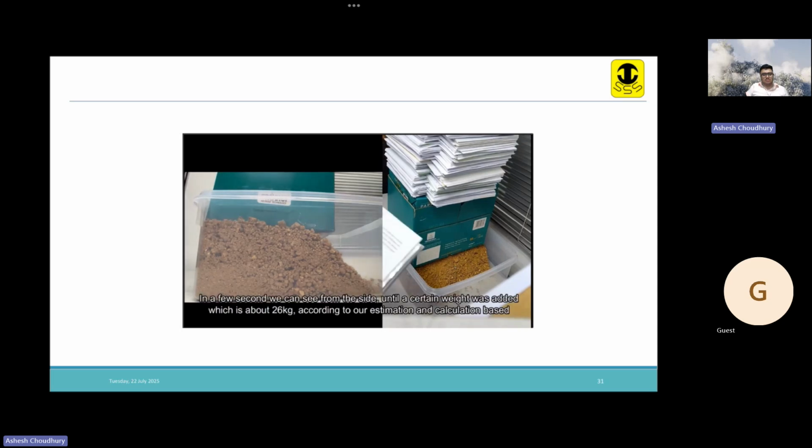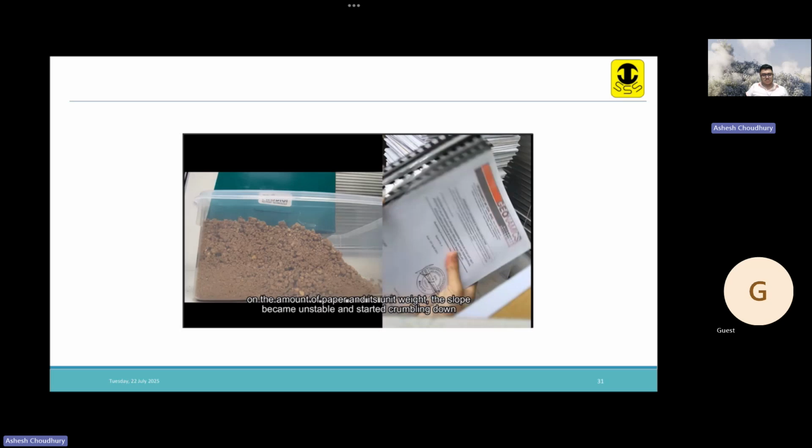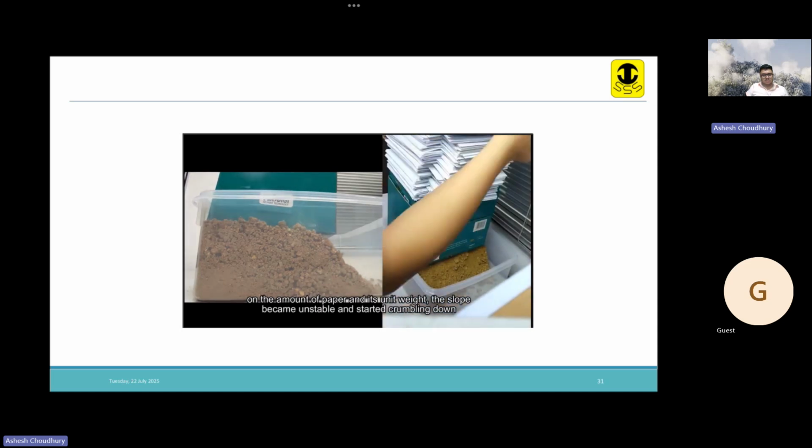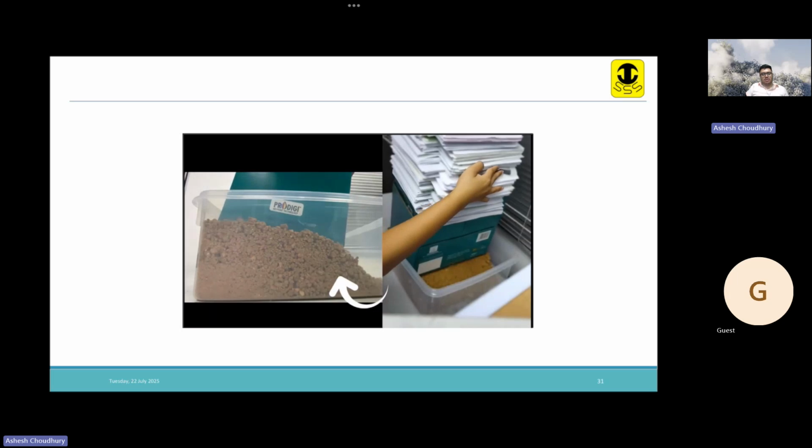In a few seconds, we can see from the side that until a certain weight was added, which is about 26 kg according to our estimation and calculation based on the amount of paper and its unit weight, the slope became unstable and started crumbling down. You can say the slope has failed. Okay, it could not bear